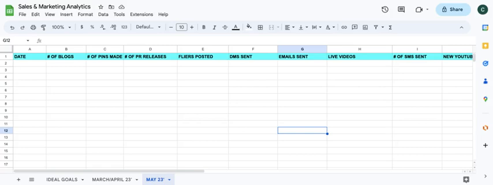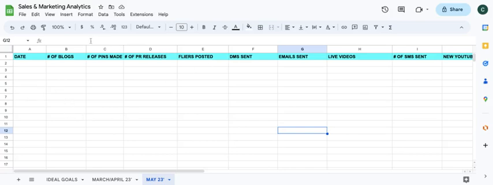So I have a simple spreadsheet that I put together, and I do this also when I'm working with marketing clients, helping them if they want to not just leverage advertising, but also organic efforts too. So I'm going to go over some of the elements of the spreadsheet, so that way you have an idea.